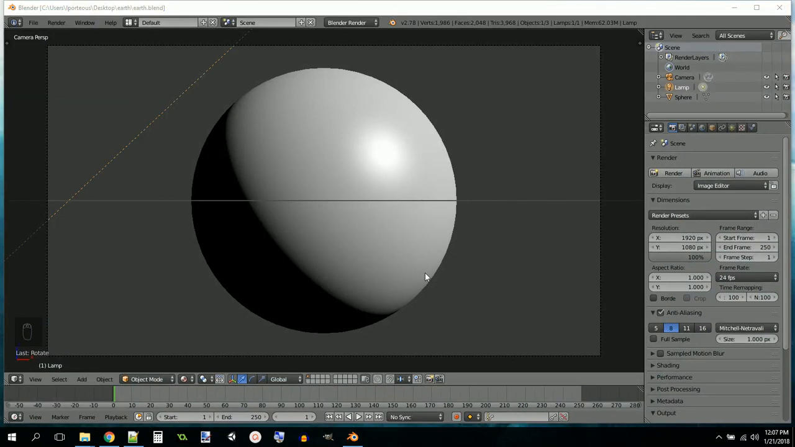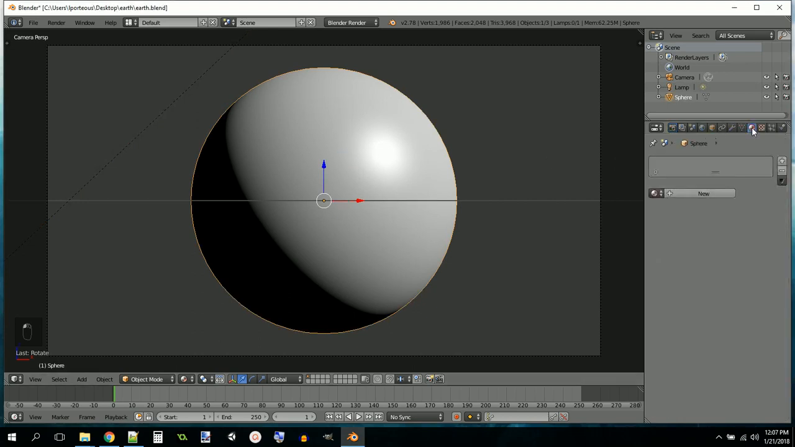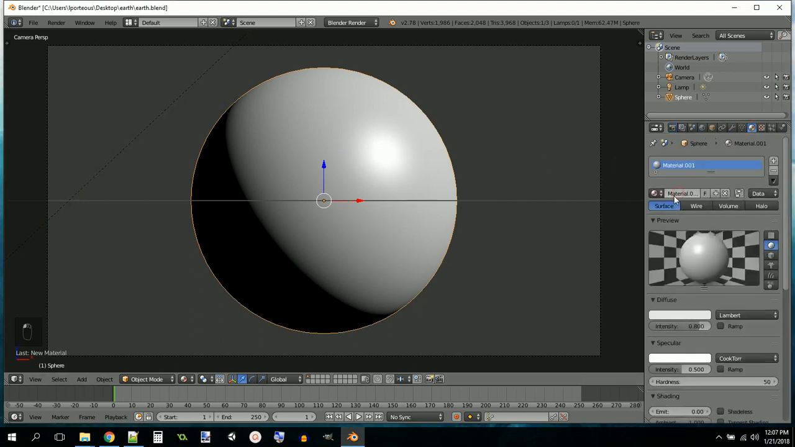So that's the first step finished. The next thing we're going to do is add a material to the sphere. So select the sphere, click on the material tab and click New, and we're going to immediately give this material a name. We're going to call this Earth Day,